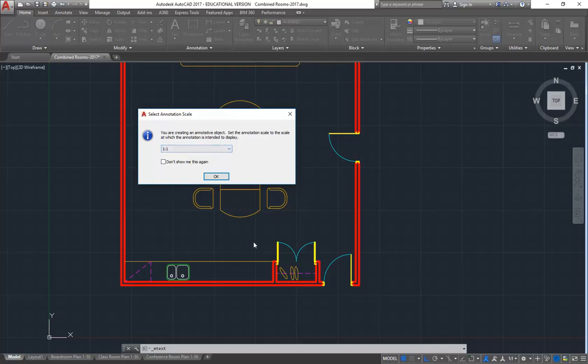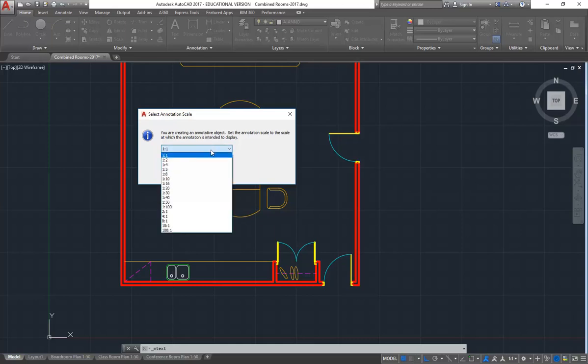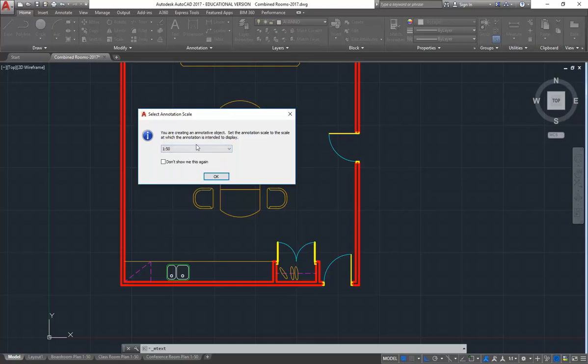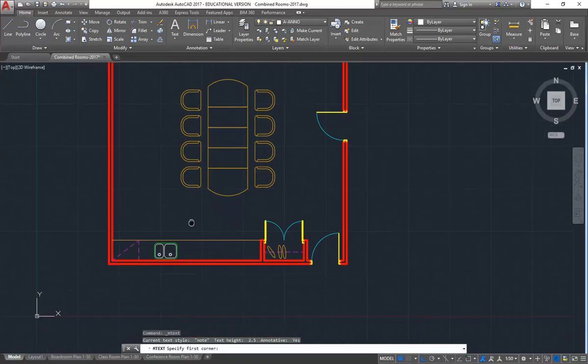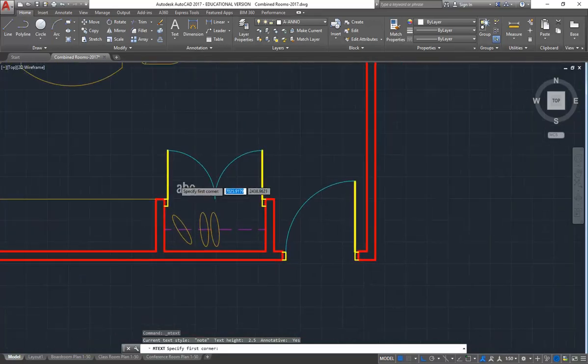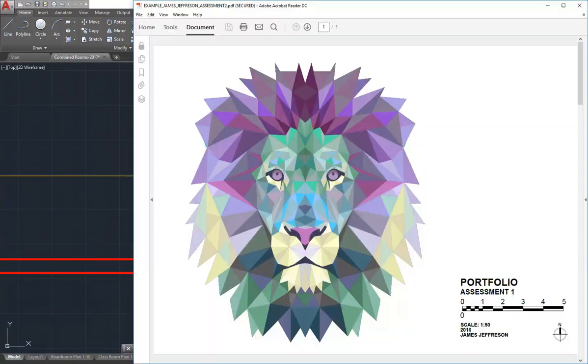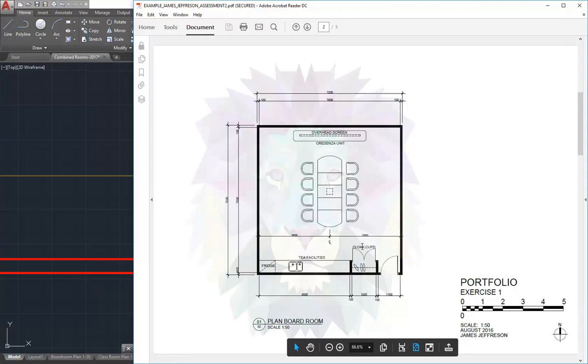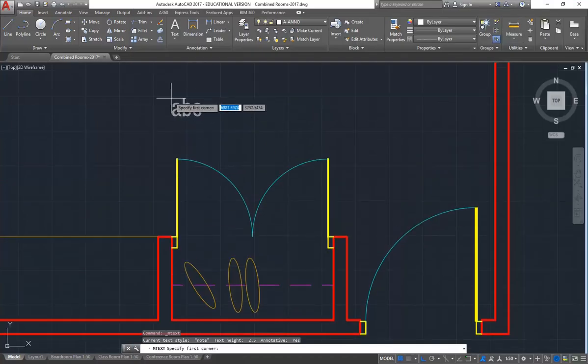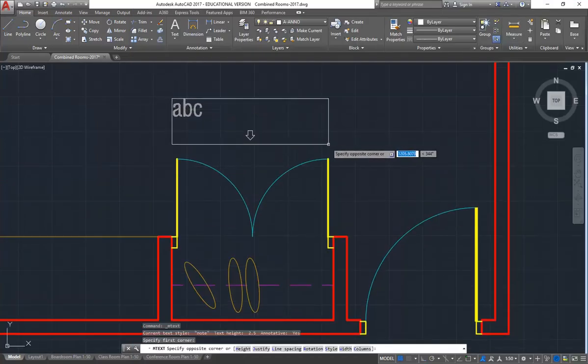Okay, so if you see that option, it gives you a chance to choose a different scale, and I can change it there to 1:50. And then click OK. And then I'll just click 2 points to make a rectangle. This one, actually, I'll just check where that goes. Yeah, it is above, so normally the note would be inside that cupboard, but I'll do it the same way it's shown on the drawing here. So again, I'm just going to click up here, start my rectangle, and then click second point,